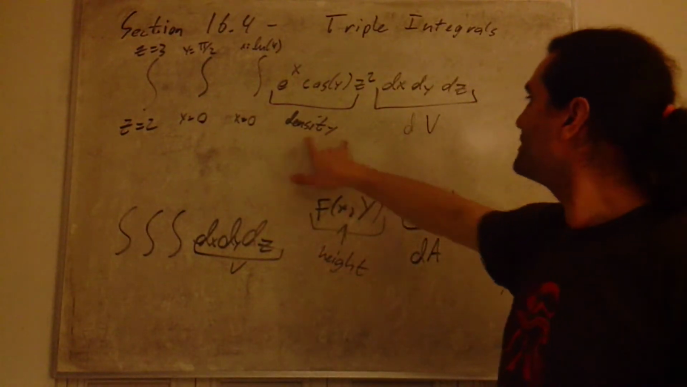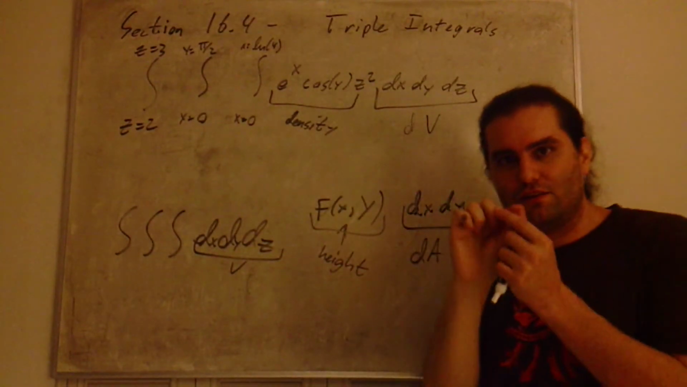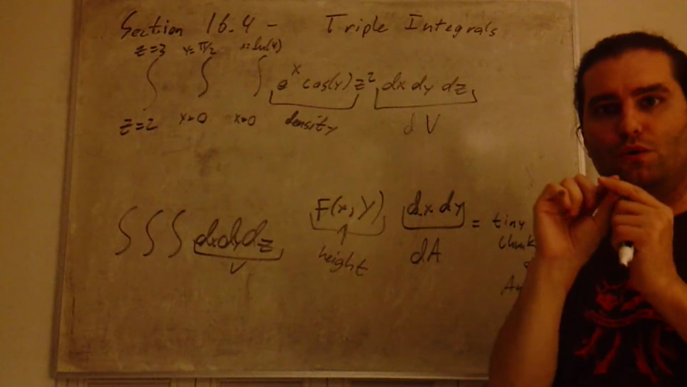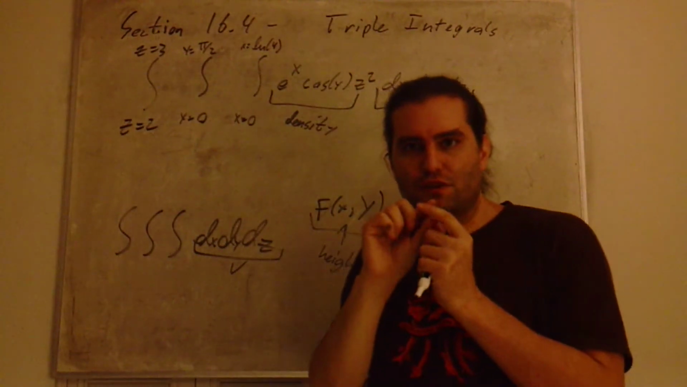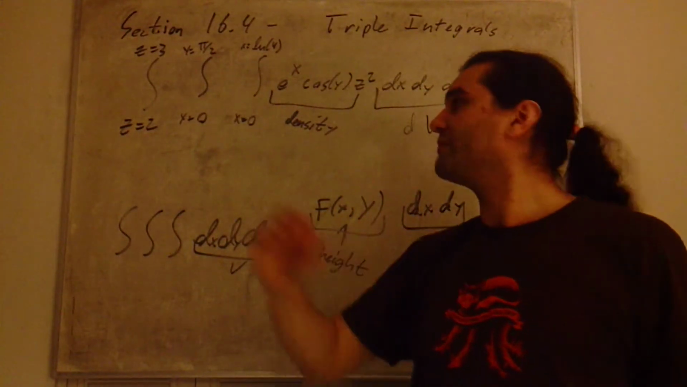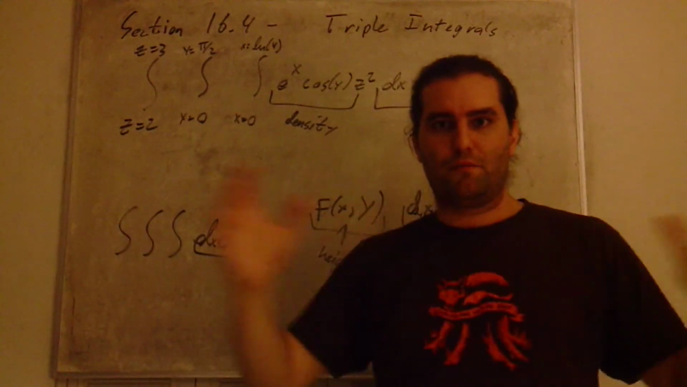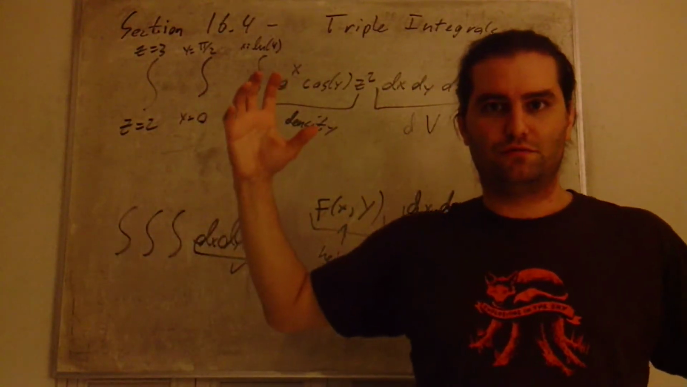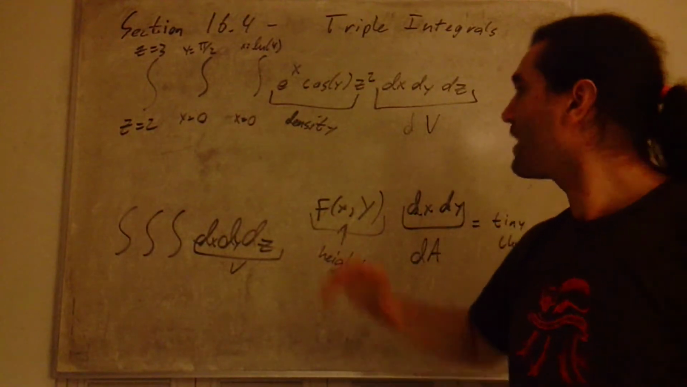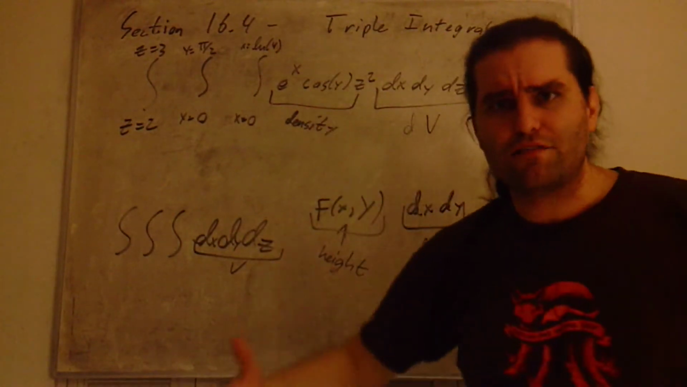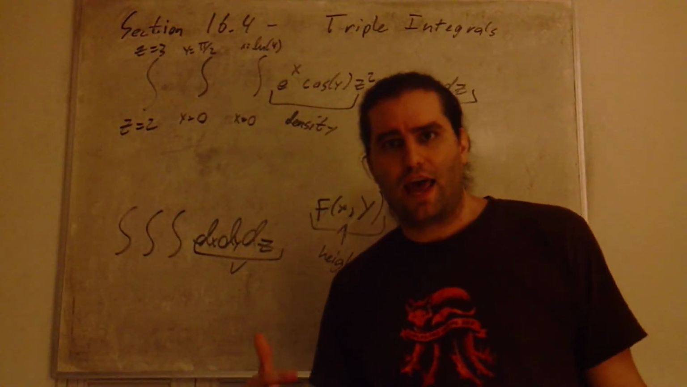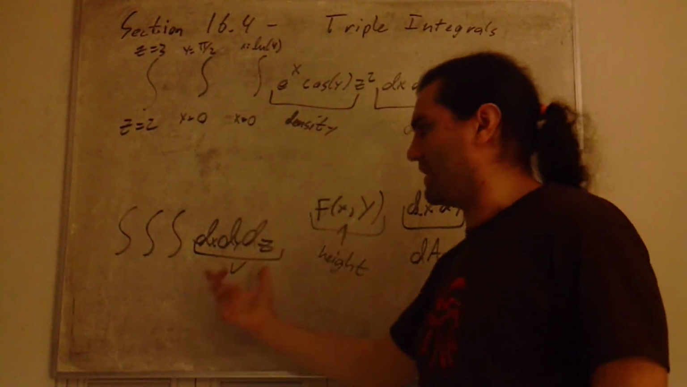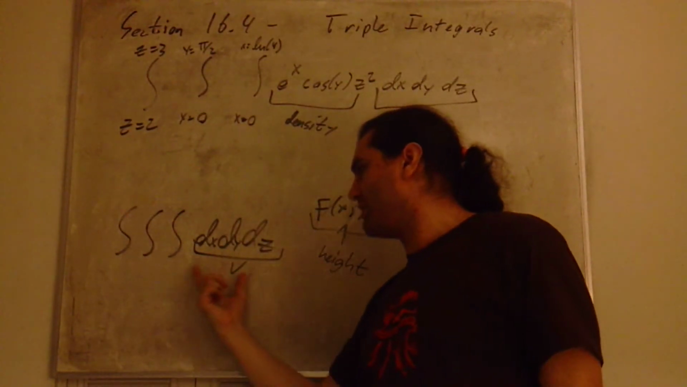So your density function times your tiny, tiny, tiny little infinitesimal chunk of volume will give you a tiny, tiny, tiny infinitesimal chunk of mass at that point. The triple integral will add up all those masses to give you the total mass of your thing. That was a lot of explanation for something that's honestly not going to happen much. Most of the time we're going to be integrating volumes,